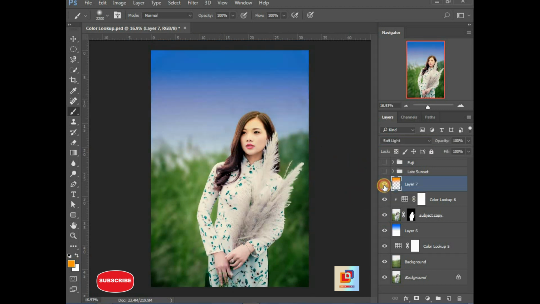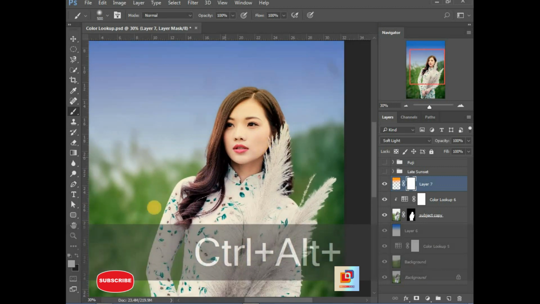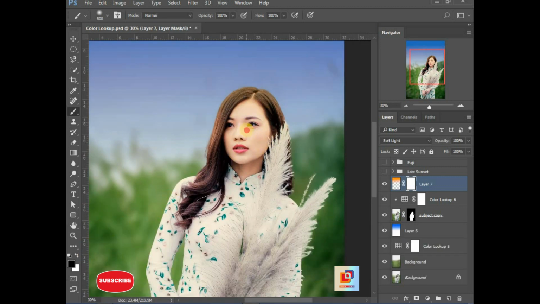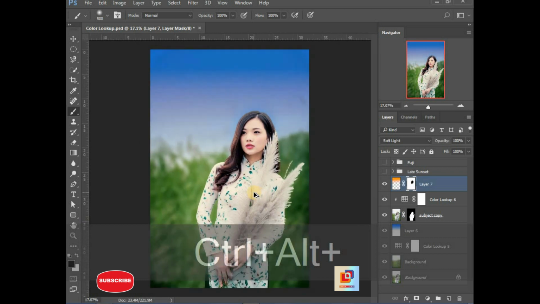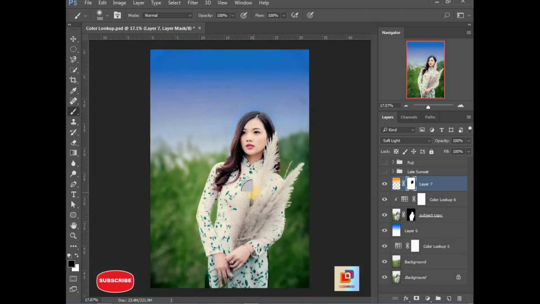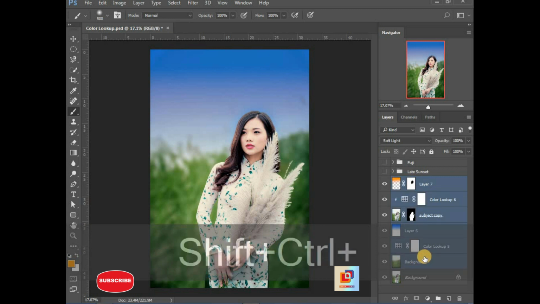This was before, and this is a bit of an orangish effect coming to the image. Select the mask option and your brush. Reduce its size, make sure you have black color in the foreground, and brush over your subject. So here we are. We have completed a beautiful transformation of the image. Let me place it in a group, Control G.